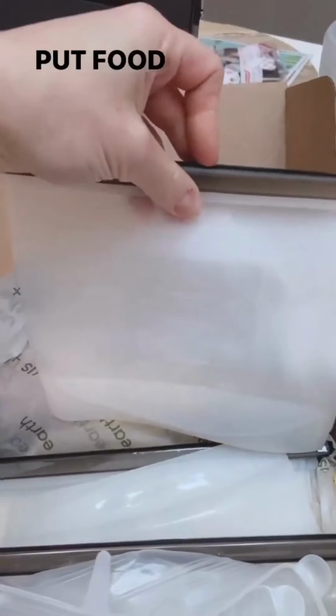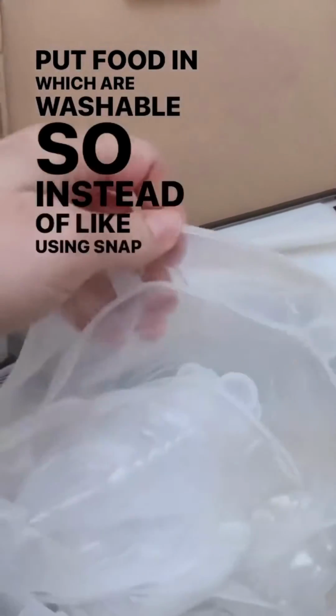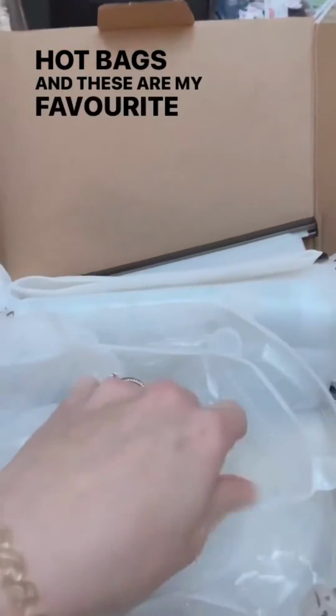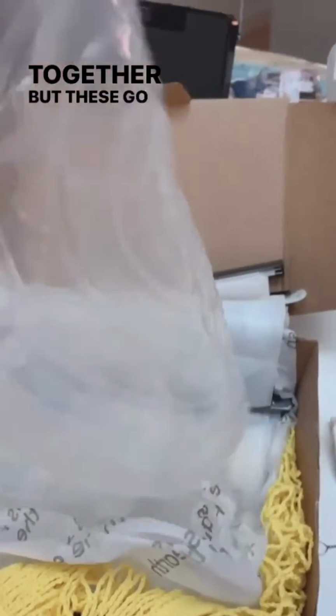And then we got some like bags to put food in, which are washable. So instead of like using Snap-Lock bags, and these are my favourite ones. These go over, instead of using Glad wrap, they're all stuck together, but these go over like